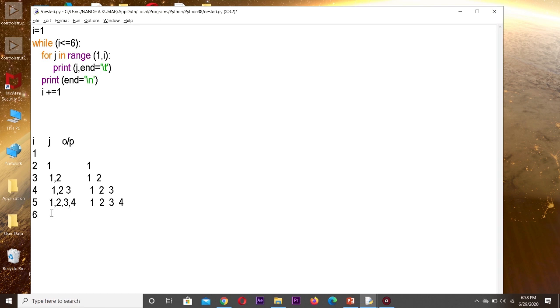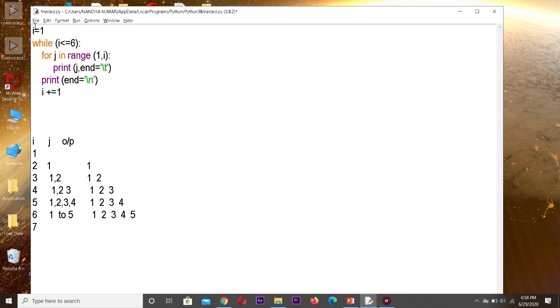The condition becomes true, so it will go inside the for loop. The range of j becomes 1 to 6 minus 1, so you will be getting 1 to 5. The output will be 1 tab 2 tab 3 4, then 5.